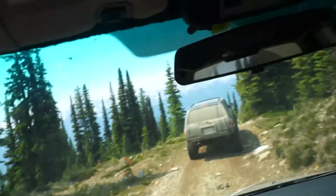And back down we go. So as you guys saw, there's probably a 5-foot snowdrift. So yeah, we can't go past where we were. So what we're gonna do is we're trying to head back down, and there's a little crossing. What we're gonna do is try to hit that crossing and see if we can get into the valley where there seems to be another road. So yeah, gonna cruise back down. It's probably gonna be a lot easier than going up because we got gravity on our side, but still some